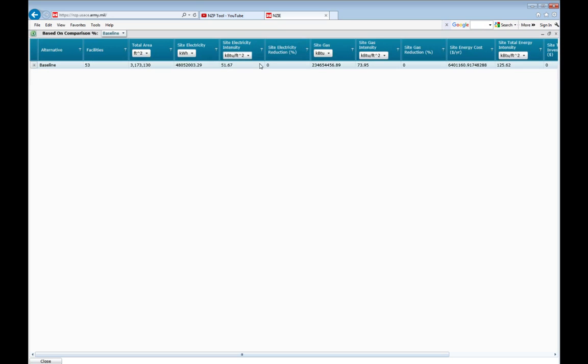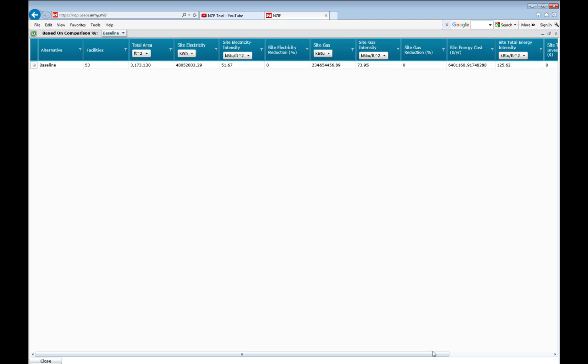The site reduction, of course, is zero because this is based on the baseline, and there's nothing that reduced. For kBTUs, once again, you can go to therms, which you had 2.3 million therms. I'm going to leave those in kBTUs. If you took the kBTUs total, divided by this area, you would end up with these intensities. This is the gas intensity and the electric intensity, and then together we have the site total energy intensity in kBTUs, and of course this is our cost. On this one we have about $6.4 million per year,